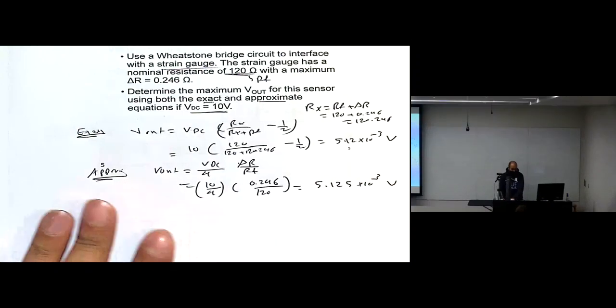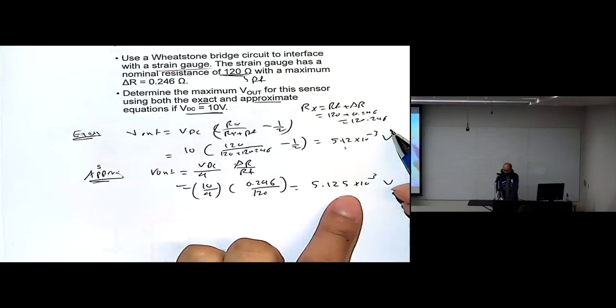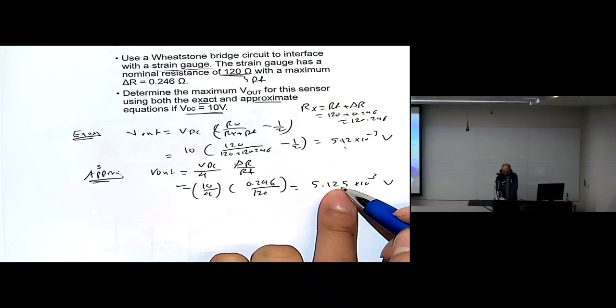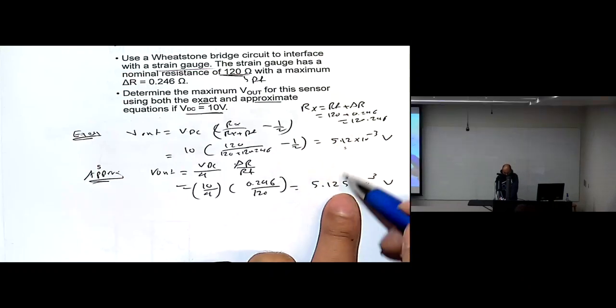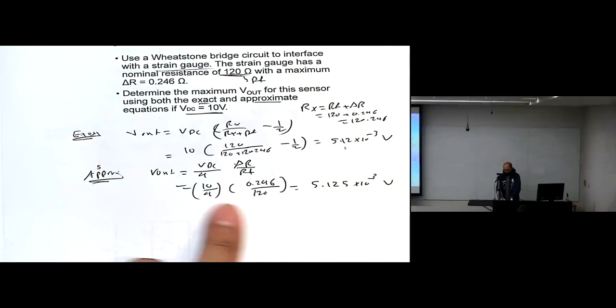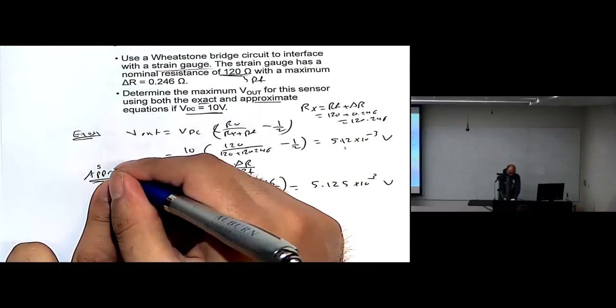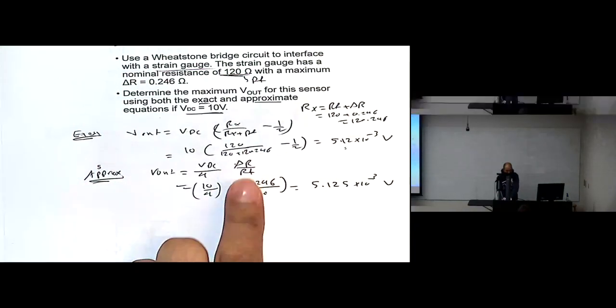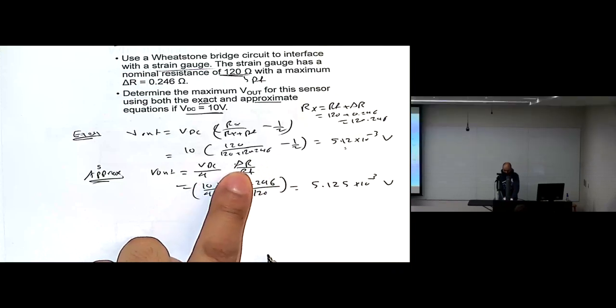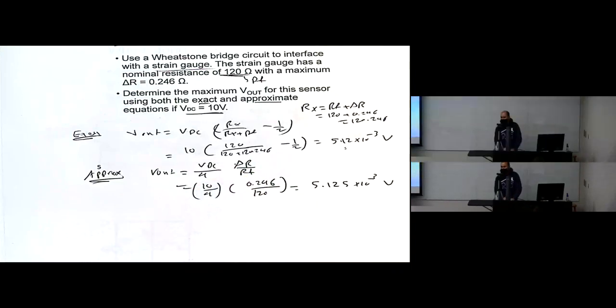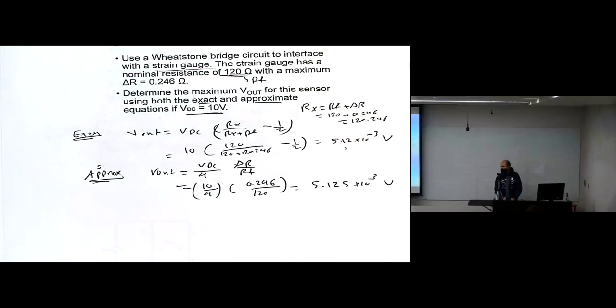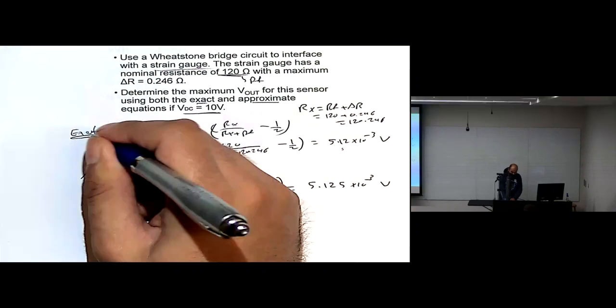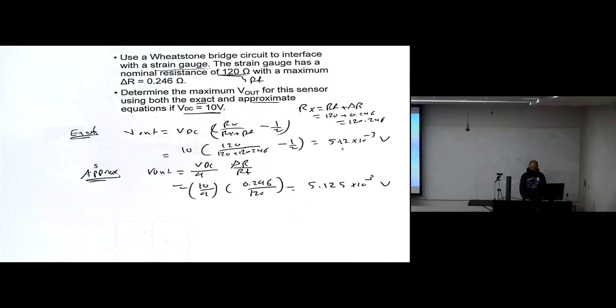So we see that the exact and the approximation are almost the same with very small error. Here there's 5, here there's 5. So in this case, we can sometimes say it's worth using the approximation because it's easier. I don't need to do any calculation, just VDC over 4 times delta R over R. Any questions? Okay, so that's what's required from you to know about the Wheatstone bridge: the equivalent circuit, the formula for the exact, and the formula for the approximate. We'll see you in